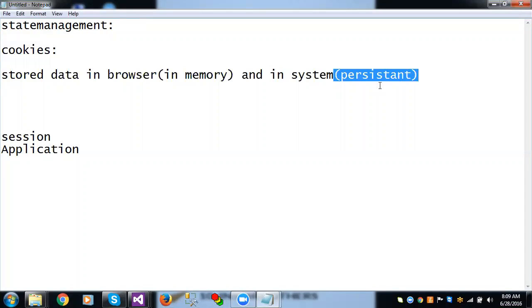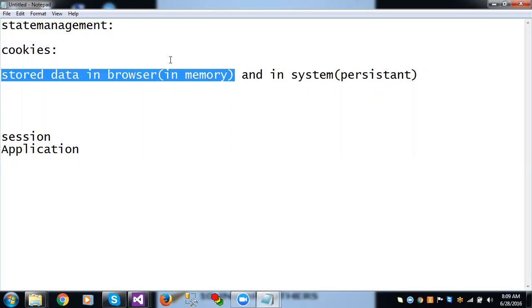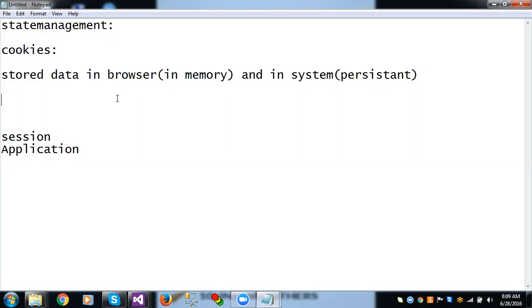Persistent cookies. Remember me. Remember me means what? Persistent. You just entered and go, and it is showing your name or your email, anything. That is text-based information until sign out. Once you sign out, it will go. Once you close the browser, it will close. That is in memory. Okay. So, how to store the data into a cookie, and how to store the data into a session. That's important for us. And you want to store any data here,